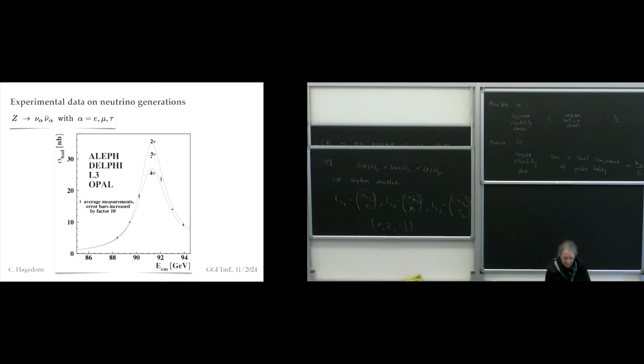I mean, you are saying that I assume that I don't know that this is nu e, nu mu, and nu tau. I just say that there's a particle which actually has the interactions as one of these, and then I can just ask myself how many copies of these are there, and this influences what is called the invisible decay width. So the number of channels which you have for the Z boson decay, right?